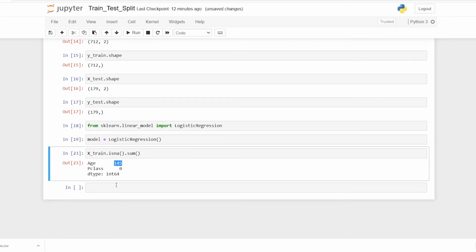So for now, at this moment, I'm going to actually drop them. I don't care. Or let's say I can just fill them. So I can say fillna with 0, and I'll say inplace equal to True. Why inplace equal to True?